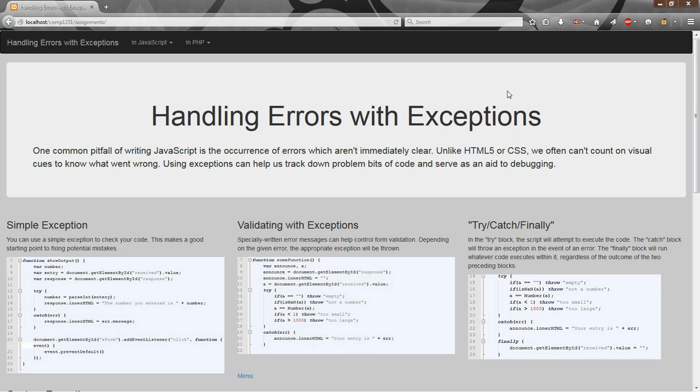Hello and welcome to my brief presentation on handling errors with exceptions. I've assembled a few examples here in my web page. This is by no means comprehensive. My general idea here is just to give you a preliminary sense of some of the things that you can